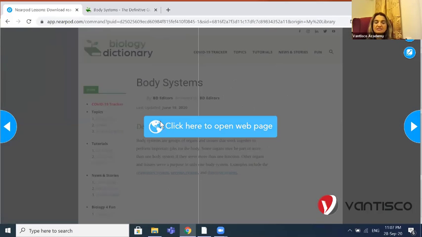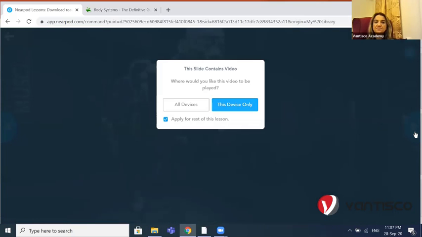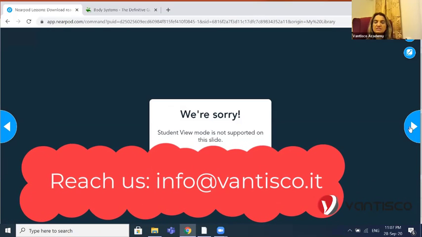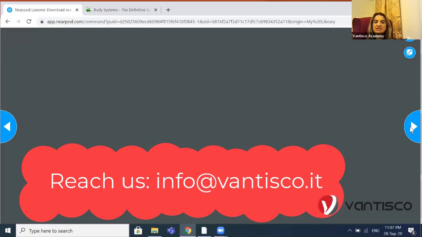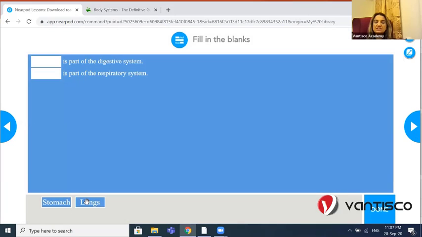Great. This is how the students can see the lesson from this device only. And then here we have the video or the slides, as you can see, and this is the drawing, and you can see how the students are able to answer. This is here, for example, and this is here, and they have to press done